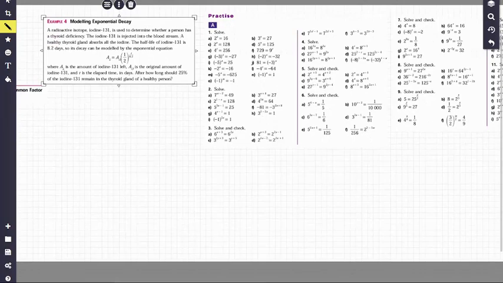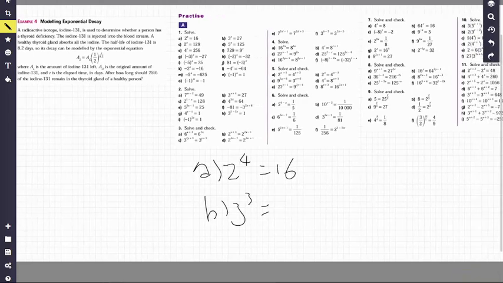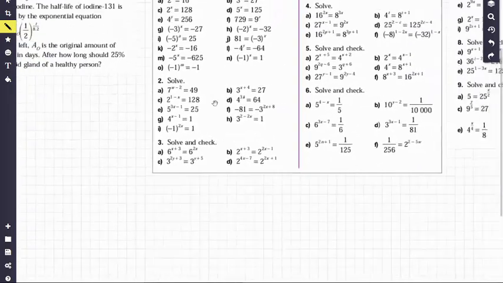2 to the what? 2 to the a. 2 to the fourth power is 16. B. 3 to the third power is equal to 27. And then for 2, we're going to have 7 to the w minus 2